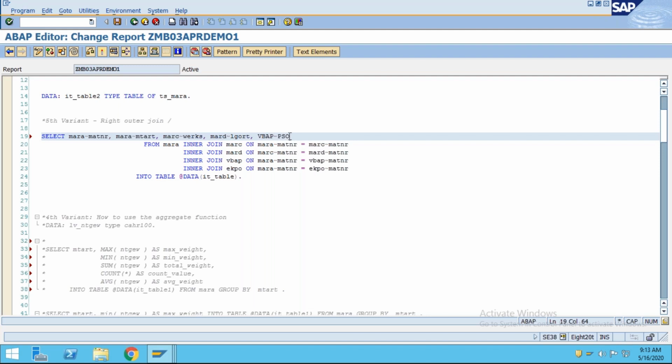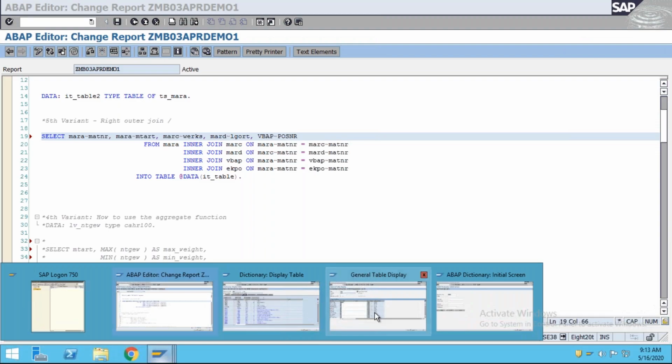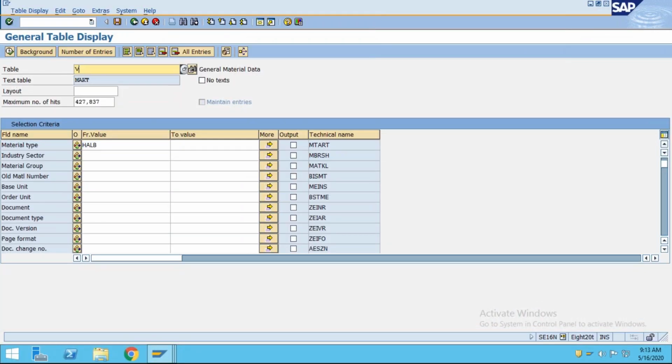I think POSNR is a field, or you can go to SE16 and see VBAP there. Suppose I want to get the sales document number for that particular material.